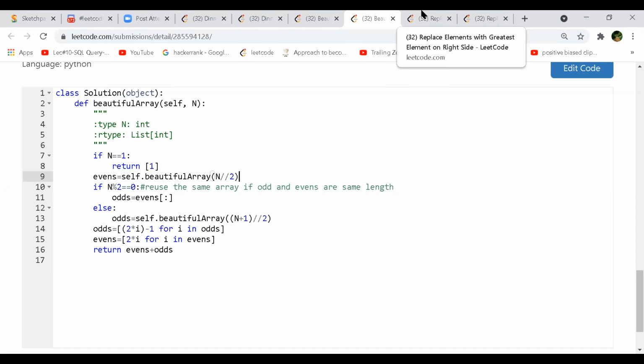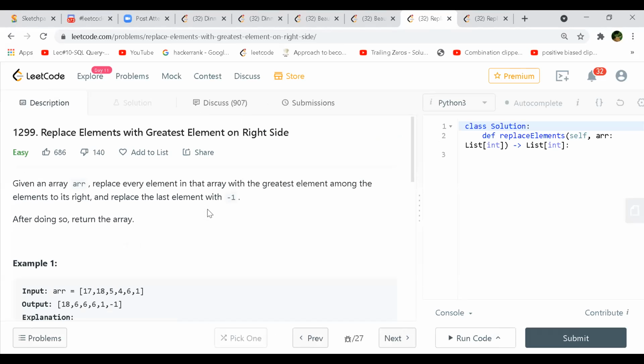You'll post it in the Discord, right? Recursive is more different actually. The implementation won't always be the same. You can share. It's almost the same, similar to what you are doing, but I'm using a memoized version. I just said that the recursion you are showing won't have the same implementation, but I was just trying to show you how they are forming those beautiful arrays. Okay. So this is replace elements with the greatest element on the right side.